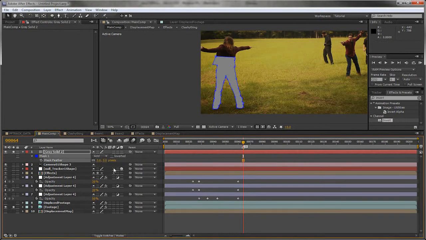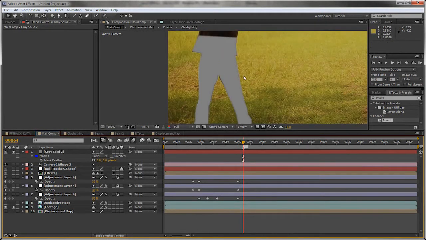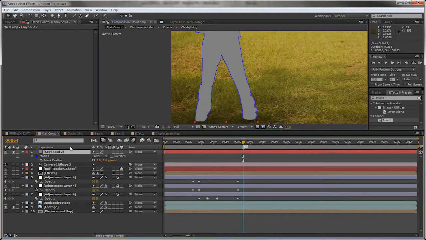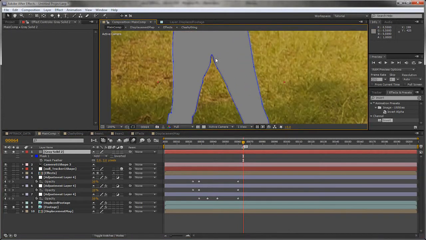Hit F, and let's give it a blur of maybe 3 pixels. Turn it down to 2. You can see our roto is a little bit loose here, so just click the point and use the arrows to nudge it across. And let's move that just down and across, and